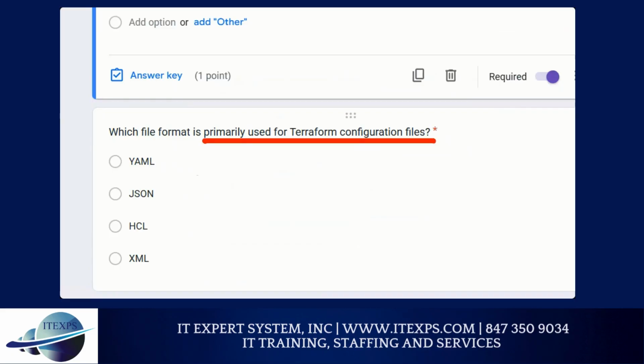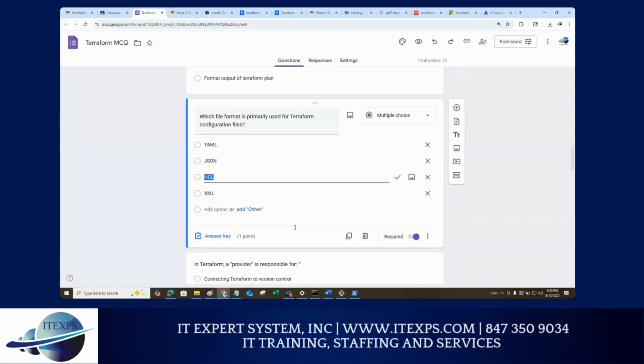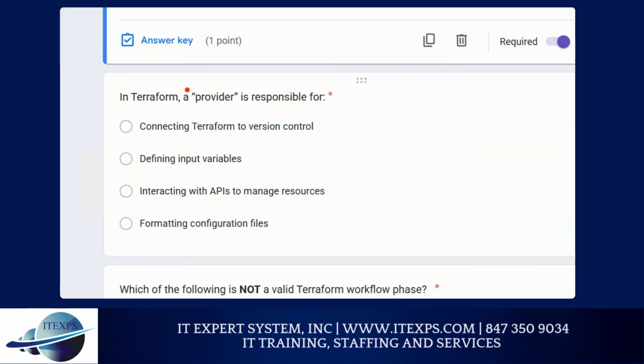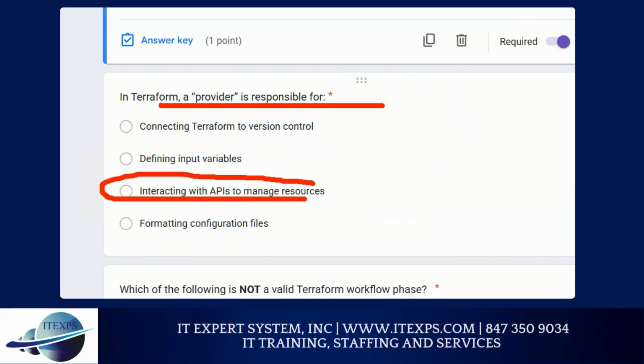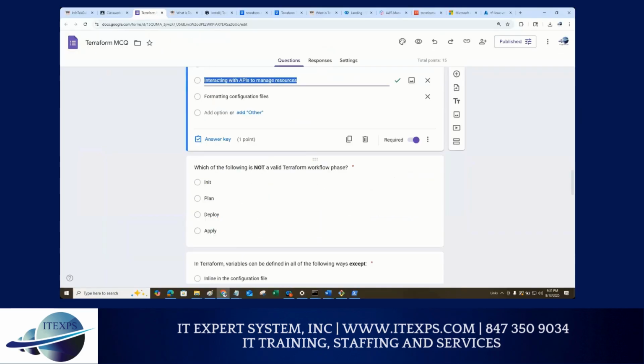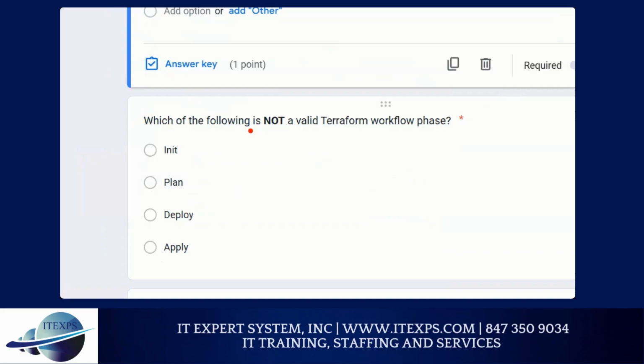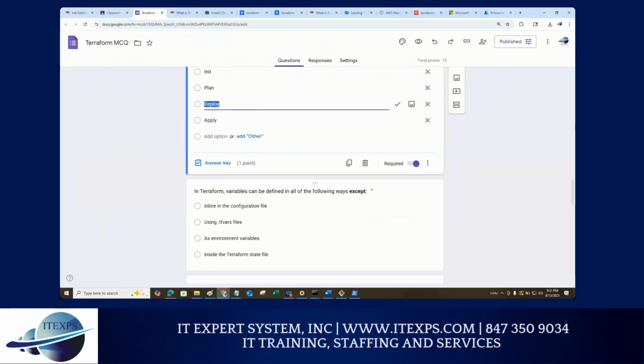Terraform configuration file, HCL, good. Next one, yep. Because if you did AWS, then it will interact with AWS. Very good. Next one, deploy is not the right one, right? Next one,